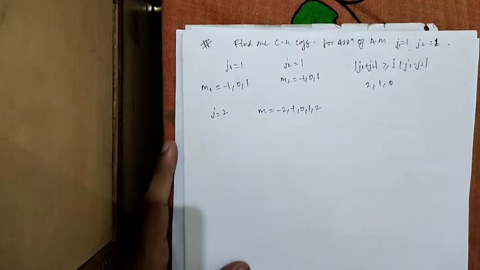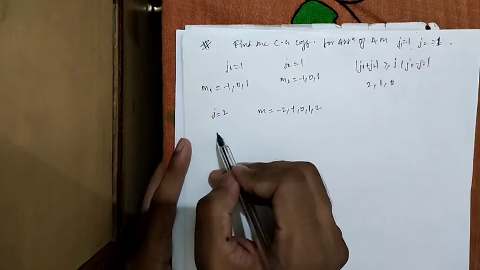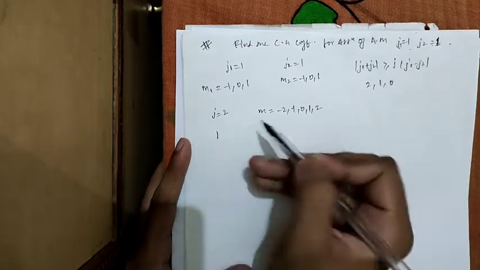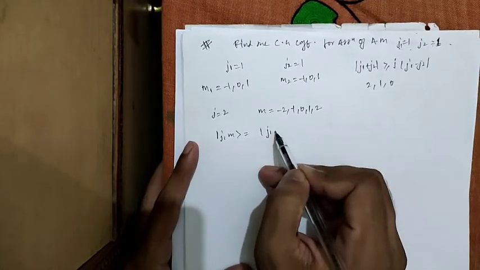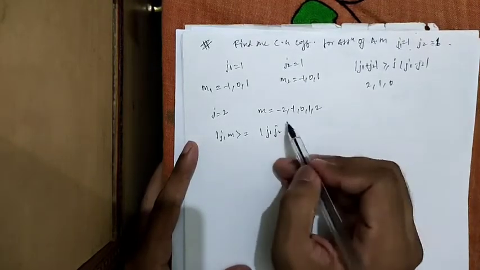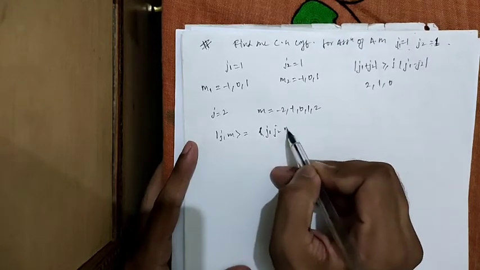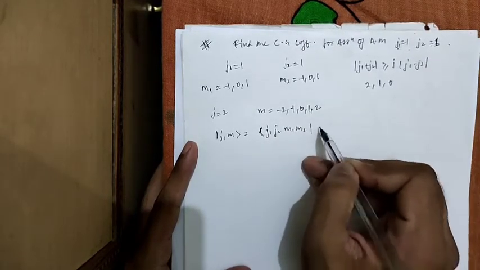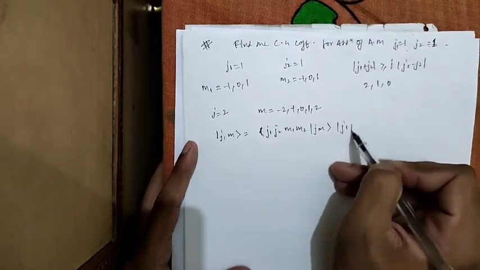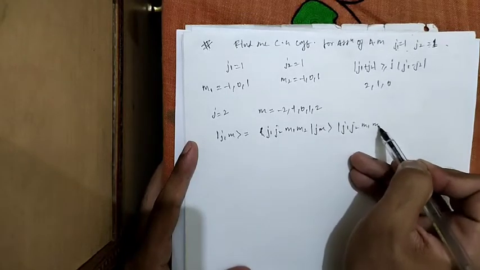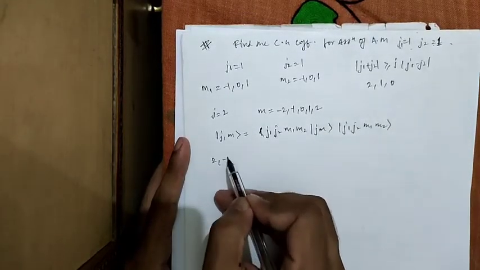And the possible combinations for this J equals 2 are written in the way of writing CG coefficient: J, M, J1, J2, M1, M2. So first, writing the state 2, minus 2,